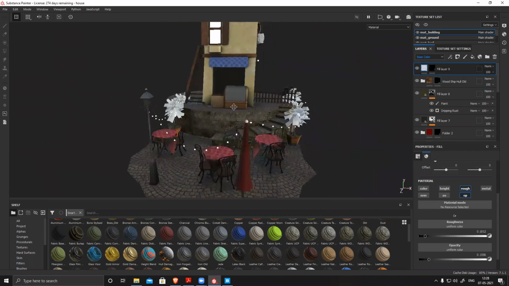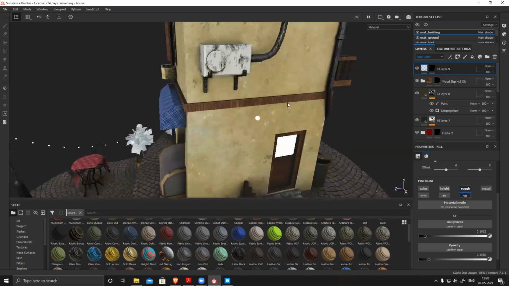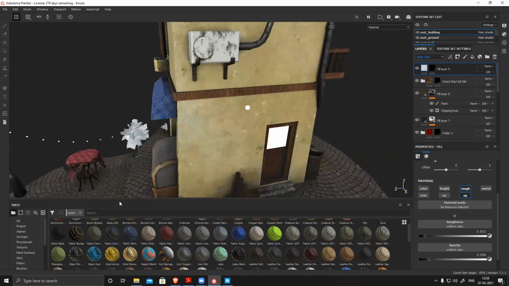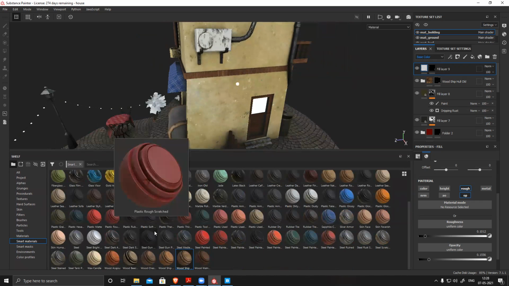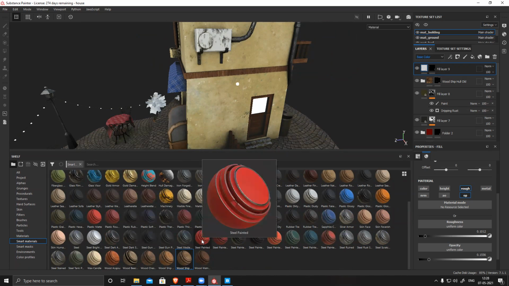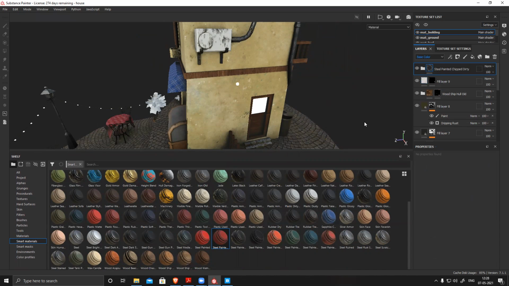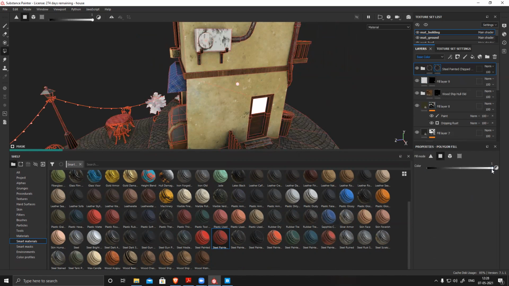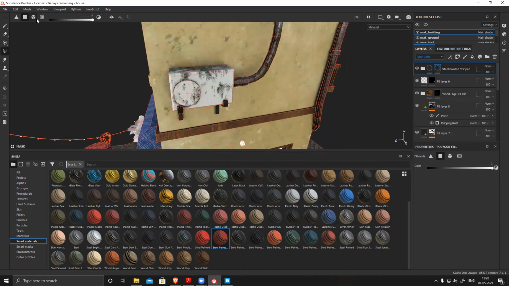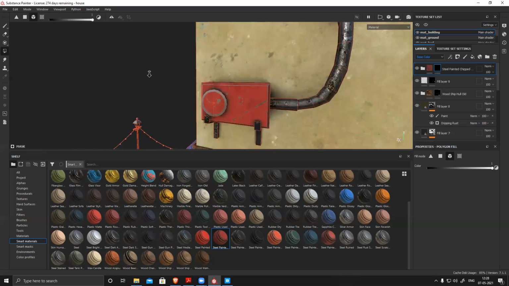Almost there. So what I can do now is just check this, and this is also supposed to be metal, right? So painted metal. There is a painted metal here. Yeah, steel painted this thing, weathering, drag and drop on this, right click, add black mask, and model wise this one and this one is visible.